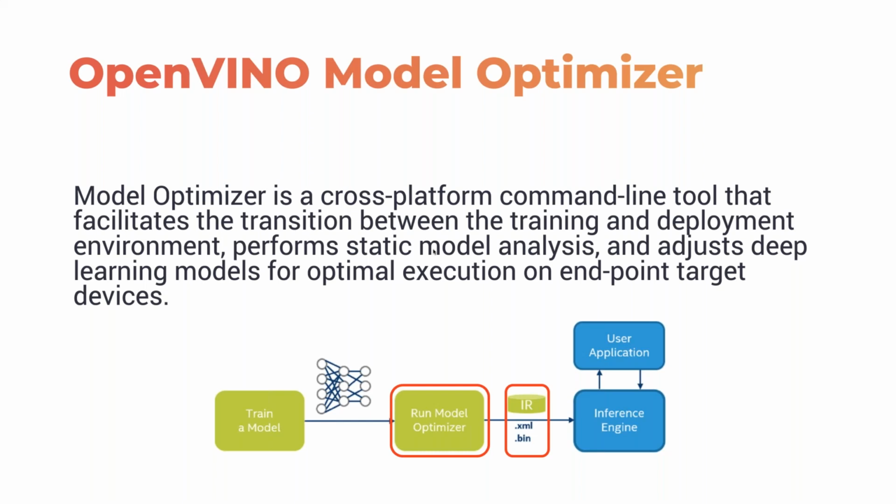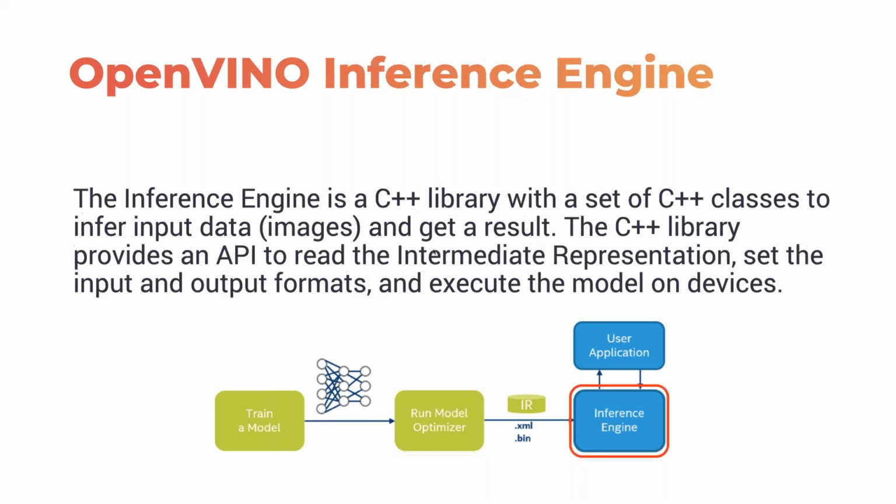So once we understand the model optimizer, let's take a look at inference engine. Once the model has been fully optimized through the model optimizer, then we load it with the inference engine. Inference engine is a C++ library. It also has a Python binding and Python API. But essentially it is an API that can understand the intermediate representation, that is the combination of XML and bin files. So it basically loads the IR, sets the input and output formats, and offloads the model to one of the